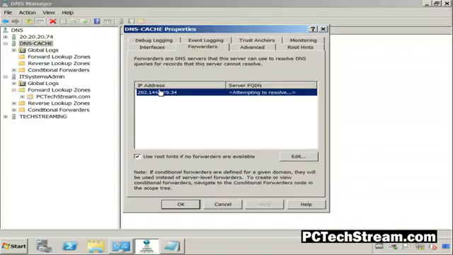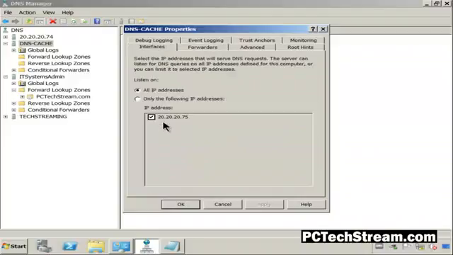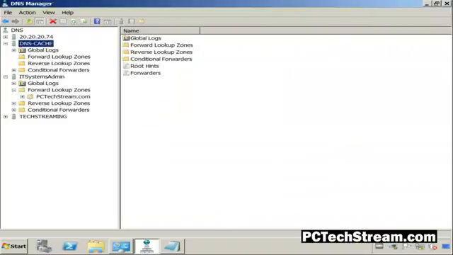Just remember that this IP address belongs to the ISP. And this one right over here is the DNS cache IP address. So let me cancel this because we are going to configure two new DNS server computers to host the Visit